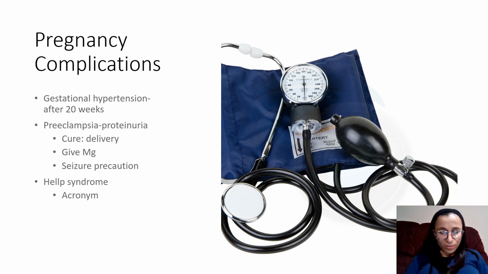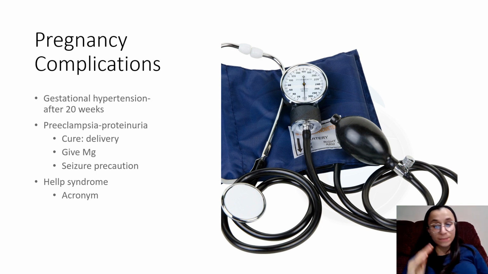Okay, so next we go on to pregnancy complications. The first pregnancy complication is gestational hypertension. This is a new onset of high blood pressure. This has to be after 20 weeks. This is not like you had high blood pressure before and now you happen to be pregnant. This occurs after 20 weeks of pregnancy,